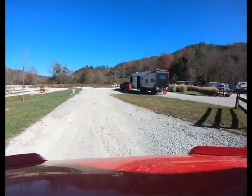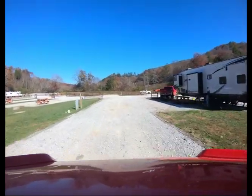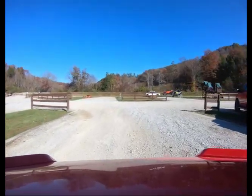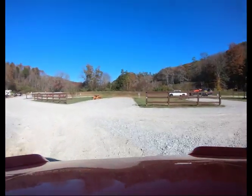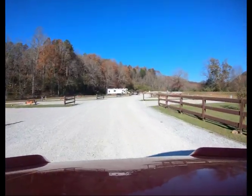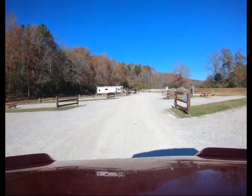There are two, I think, pull-through sites there. This is one of them that we're driving through. There are a couple pull-throughs. Most of these are back ends. And the reason I said we wouldn't want to come in or leave on a weekend is because if you look at the way that they're angled for our rig and to get turned